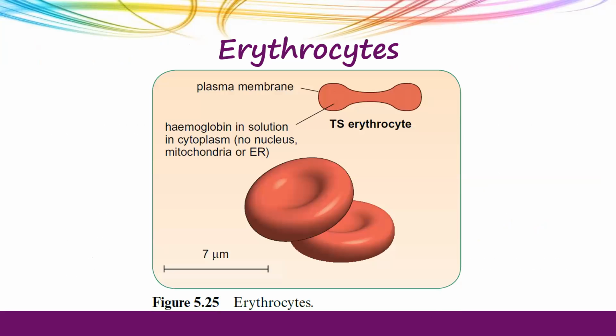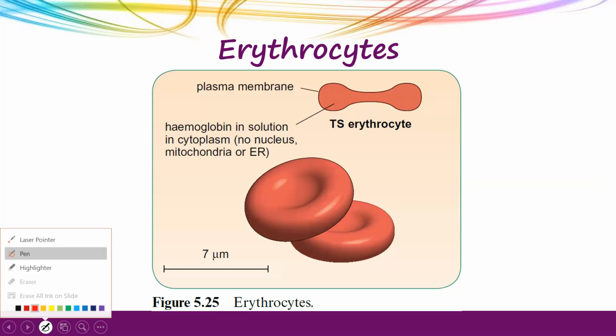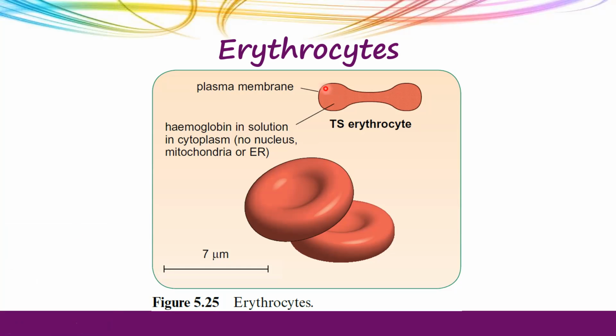All right, so this is the picture of an erythrocyte that you can see. As with any normal cell, it has a plasma membrane and cytoplasm, but what it does not have is the nucleus. Since there is no nucleus, it has this biconcave disc-like structure. This is because there are no contents there. There is no nucleus, no mitochondria, and no endoplasmic reticulum.